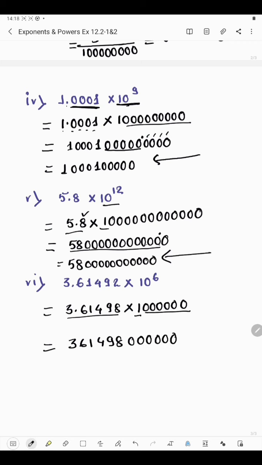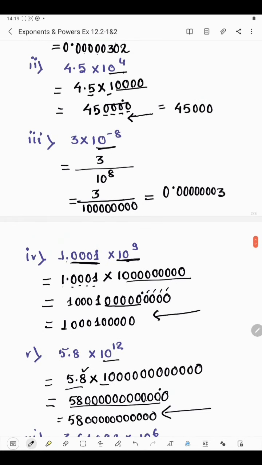Okay, now at last we will have to put the decimal, and decimal is after 5 digits. Okay, 1, 2, 3, 4, 5 after 5 digits. So from this side we are coming, we are going towards left, so we will have to keep 5 digits after decimal. So 1, 2, 3, 4, 5, decimal will be here. So the number will become 3614920. Okay, after point only zeros are present, so we can skip that part. So number will be this. Okay, so this way we will have to write the number in usual form.